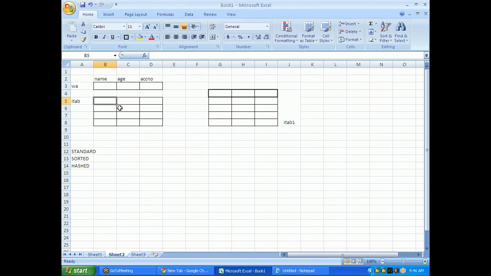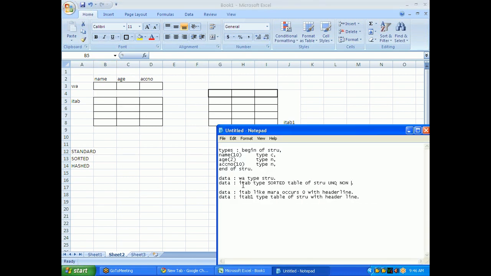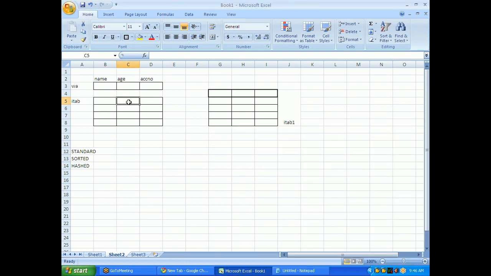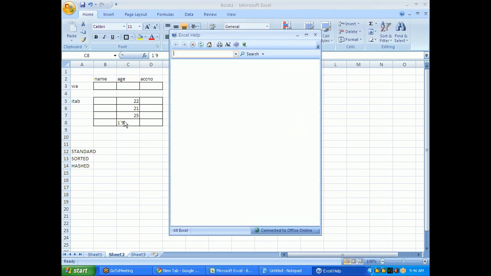Say for example, I declare itab as a sorted internal table of stru, unique key is age. Then what will happen? Even though my internal table has 22 here, 21 here, 25 here, and 19 here, the table will be sorted.